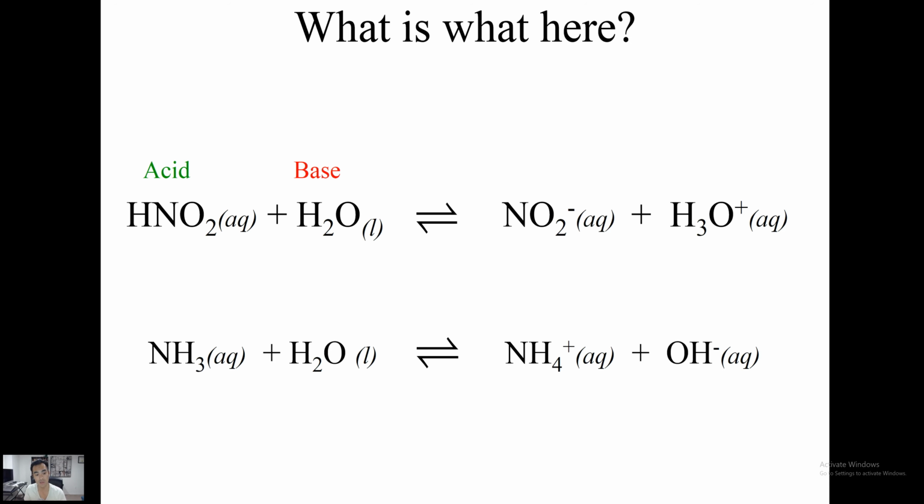Water is amphoteric, so it can react as both an acid and a base. So in this case, it's the base. And as you can see from here, you're going to form your NO2-, or what we call the nitrites. And so your H3O+ is going to be your acid because it has received that proton. So now that's going to be called your conjugate acid, while your conjugate base is considered to be the one